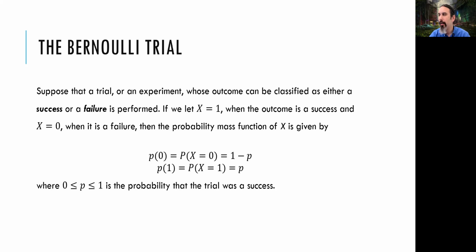For example, the roll of a die can be a Bernoulli trial. How? It has 6 outcomes. But I can just say that, okay, I'm rolling a die, and I will consider it a success if the die shows 3 or greater. Now, I have just broken the sample space into 2 parts: a success part and a failure part. In the success part, I have 3, 4, 5, and 6, those 4 outcomes. In the failure part, I have 1 and 2, those 2 outcomes. So my success probability is 4 over 6, and my failure probability is 2 over 6.